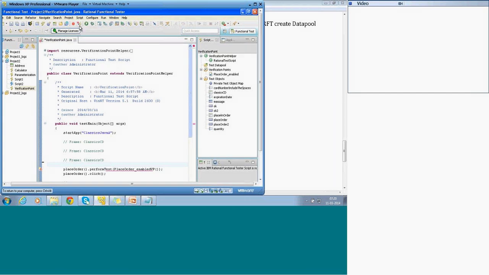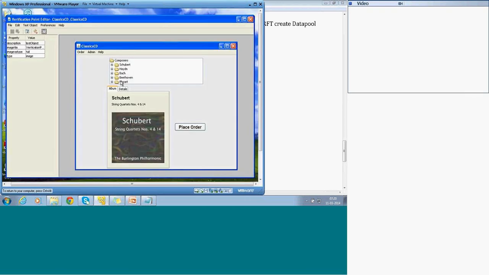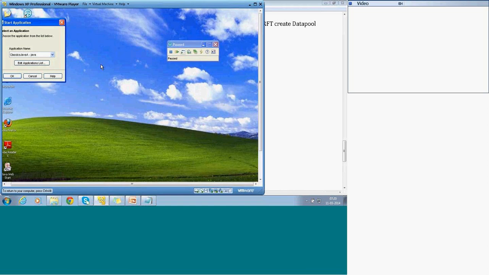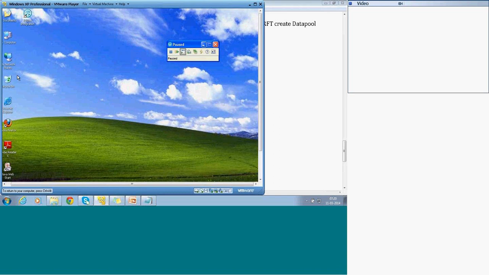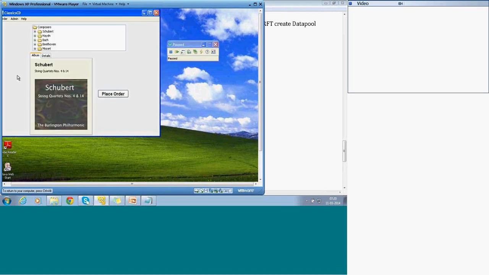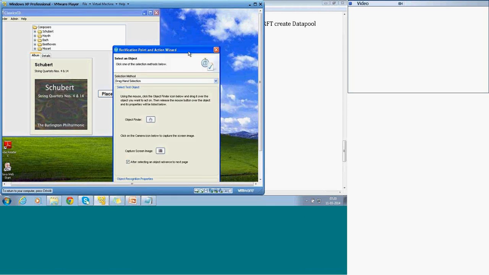Now I put here add verification. There is a window open. I close that window. I invoke the application now. When I invoke the application, there are two ways I can do. One, select the image as you see appropriate. That is the way you are seeing it now. I just add the image in the same way.